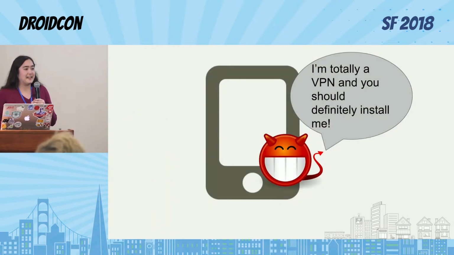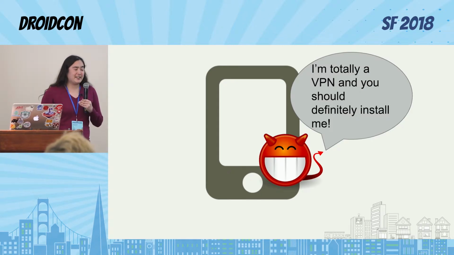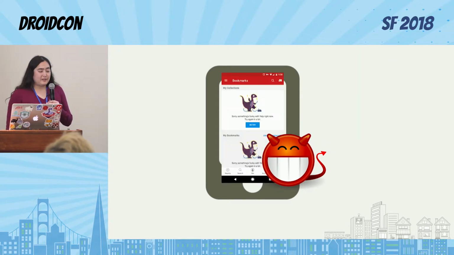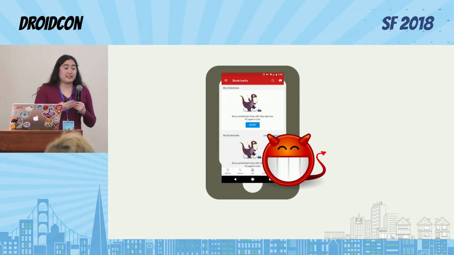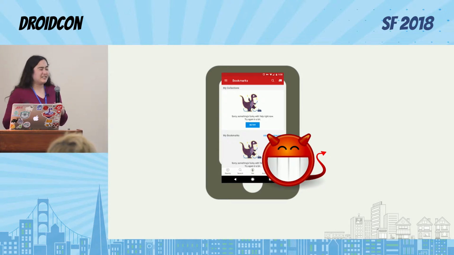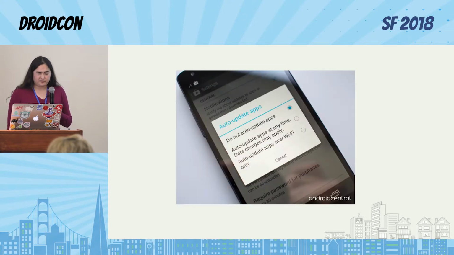But basically, anyone can put an app on the store and call it a VPN, and then people download it. We've run into the problem that these VPNs sometimes install root certificates on your phone and start man-in-the-middling the connection. If you have protections against that, your app stops working, and then users complain. So this is just one way that users can be doing weird things out there that make your app behave in ways that you don't want.